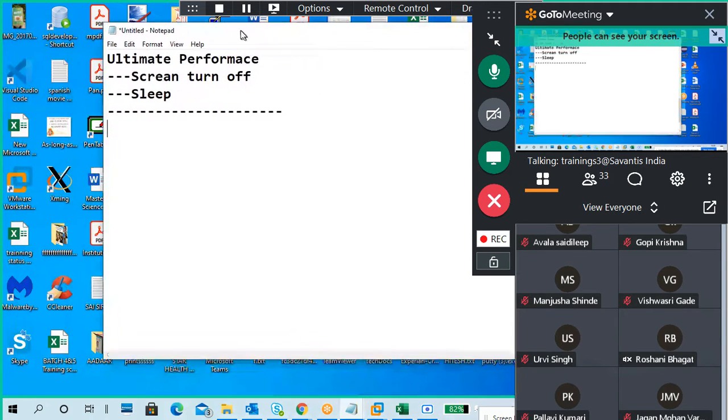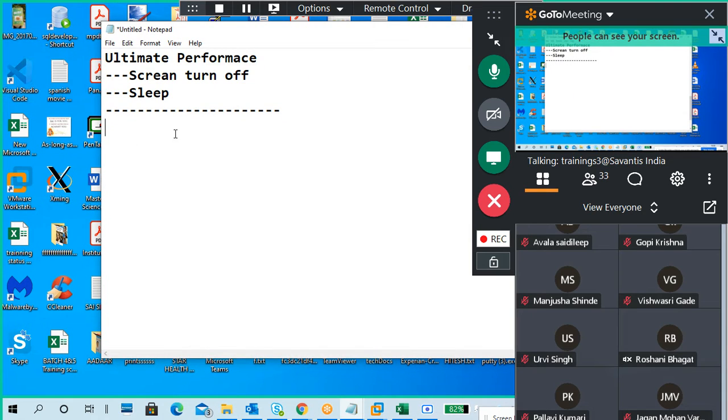I got some small problem. This VS Code got updated day before yesterday night. After the update, it is not working. It's showing some errors. I uninstalled it and reinstalled the new version, and it was still not working. Then I removed it completely from my PC, meaning uninstalled completely, and then I restarted my PC. After restart, I installed a new version of Visual Studio.